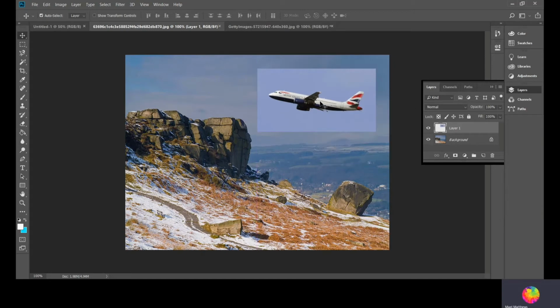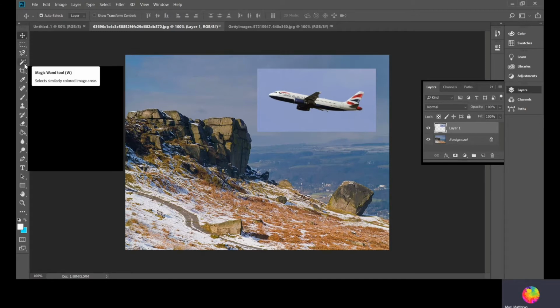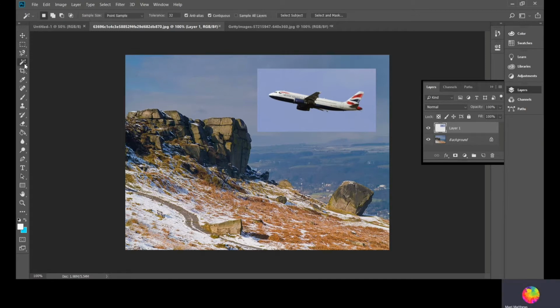So I can drag it to where I want it to be. You can see that the blue around it, the sky around it, is wrong. It's the wrong tone, so I want to get rid of that because that spoils the illusion. Lots of different ways of doing this, and I'm not going to introduce you to all the tools. I'm just going to introduce you to a couple today, and I'm going to click on what's called the Magic Wand tool. This will select areas on the picture, on the layer that's active, that are of a similar tone